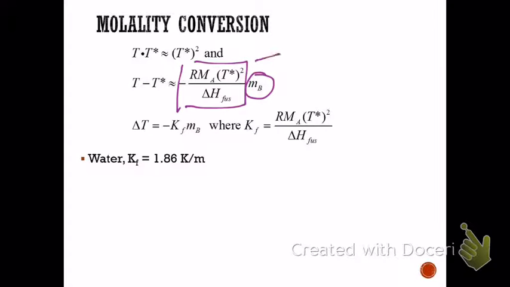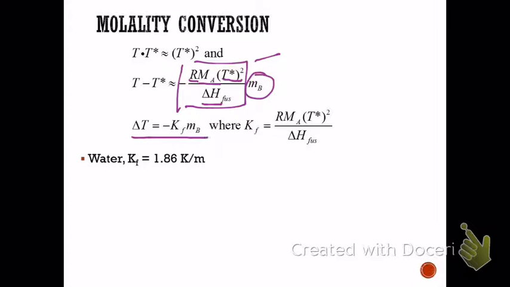Everything here in this particular term is a constant. The enthalpy of fusion is a constant. The melting point of the pure substance is a constant. The molar mass of the solvent is a constant, and R is a constant. So what we end up with is a constant times the molality of our solute, and we can therefore simplify